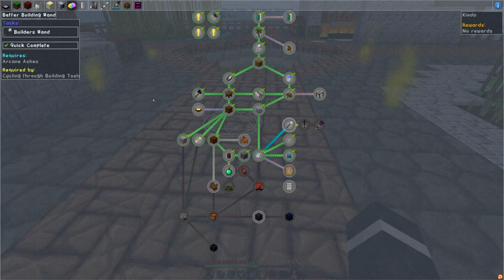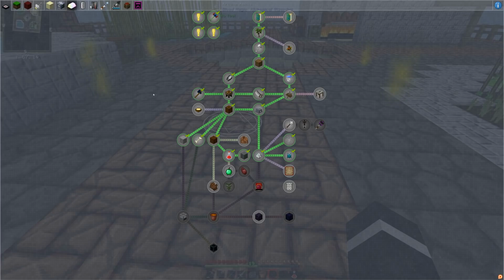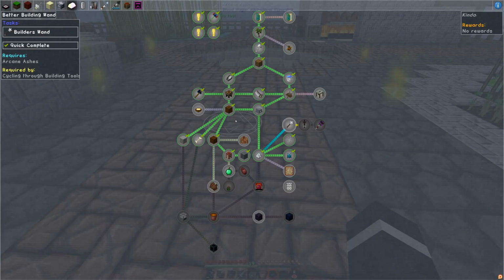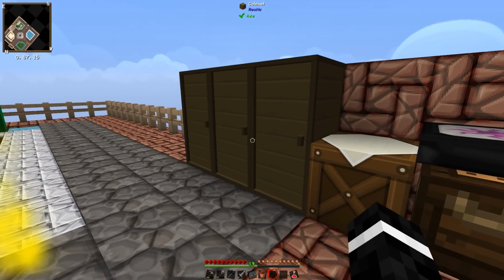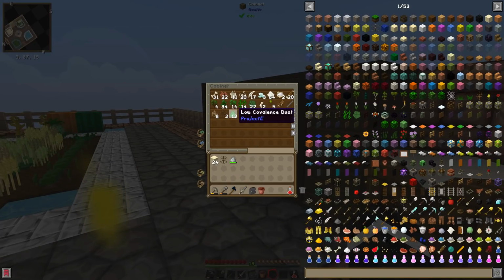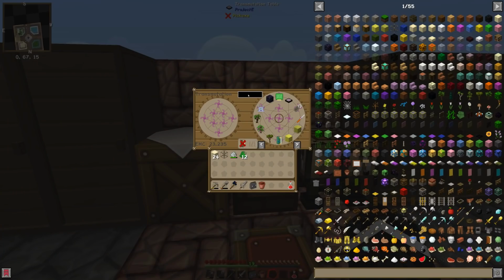So we're going to make the builder's wand from Extra Utilities, which if I had stayed in the craft window, I could show you how to make. So the dust from Project D, that's why we made extra, a stick, and a builder, and it gives you the builder's wand. So I just put all the dust away. Of course I did. Yeah, I'm just gonna keep it. Stick